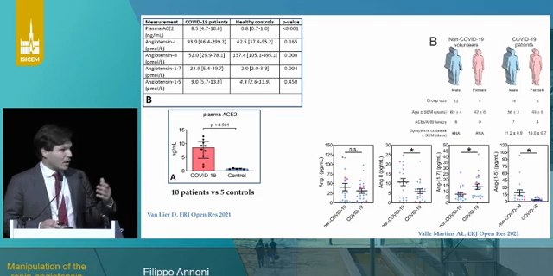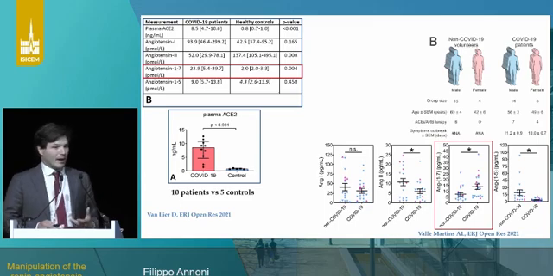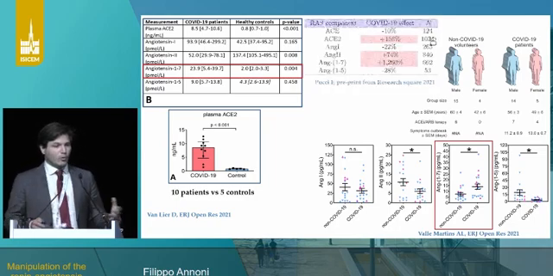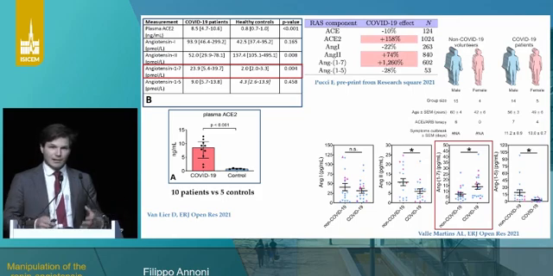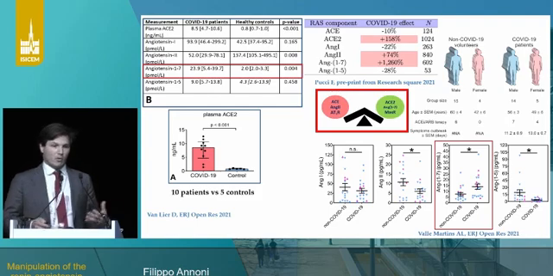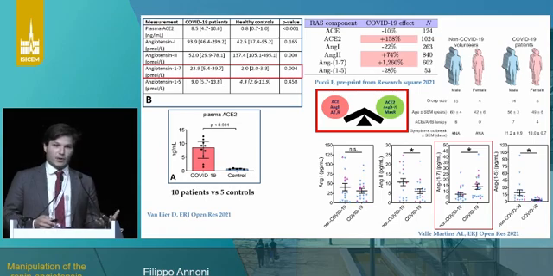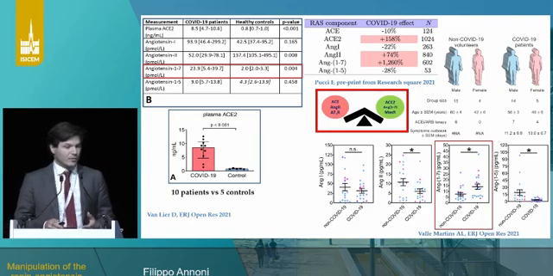Unfortunately, when we and others measured those compounds with highly sensitive techniques such as mass spectrometry, we saw that angiotensin 1-7, compared to healthy individuals, was also upregulated. And when we pool all the data together, including less reliable techniques such as ELISAs, we can see that both axes seem to be upregulated. Whether this is a phenomenon of relative insufficiency, or whether it is happening in every kind of patient, at all ages, in all phases of the disease, and at all severities, is yet to be determined.